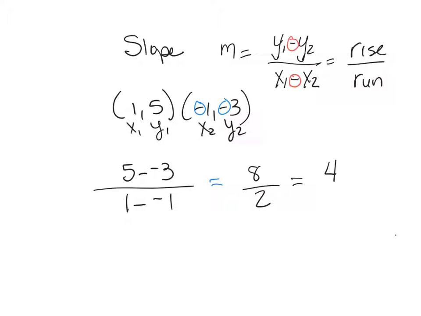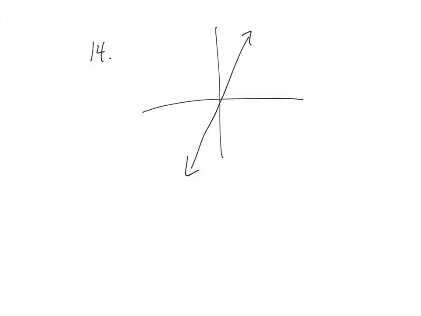And when you're graphing, you would put it as 4 over 1, because it's rise over run, but if not, you just leave it as a 4, and that is your answer. So now we're doing number 14, and it's a graph that kind of looks like that, right? You have to pick 2 points that are exactly in the intersection